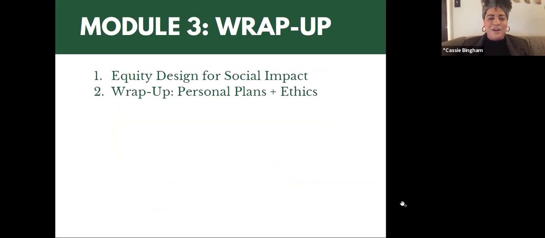Okay, and so then our third module, which is kind of our wrap-up module, taking all of these different tools and these different foundational visuals and concepts and definitions that we've given throughout the class, we tried to end on an equity design for social impact framework, which kind of wraps all these tools into one cohesive and intuitive strategy for implementing social impact. So design thinking, many of you may be familiar with this already, but it's a problem-solving